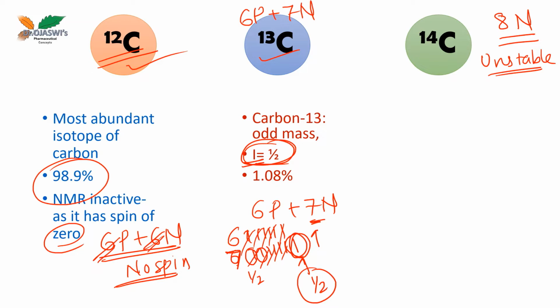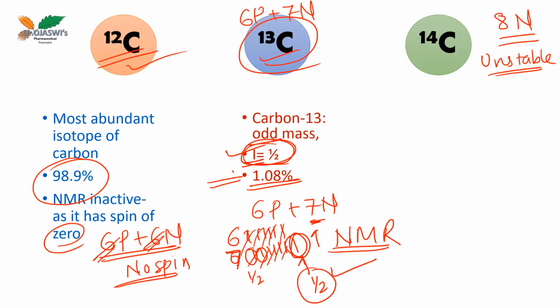So it is not just the odd-even which we have learned so far that decides spin quantum number. There are so many other aspects also to decide spin quantum number for any nucleus, but at this level this is enough for us to know. Again, the very important point is 13C, since it has spin quantum number half, it is NMR active and we can study its presence by NMR spectroscopy. But the only limitation is its natural abundance is very low. In nature, approximately only 1% of the carbons are 13C.